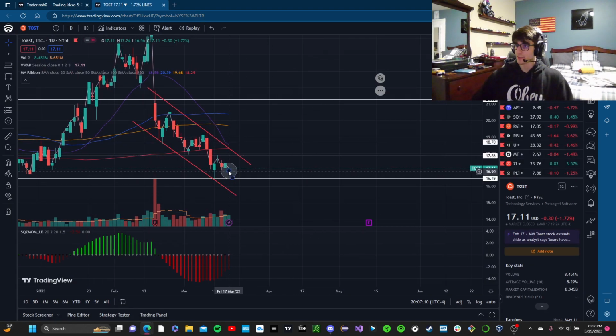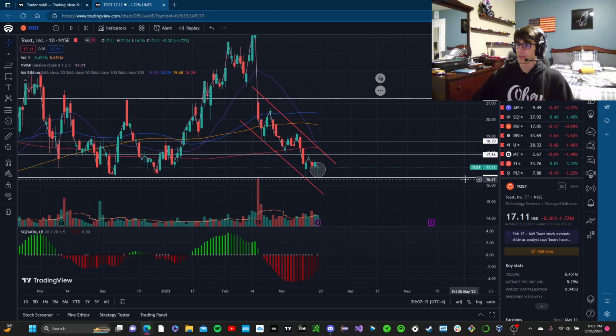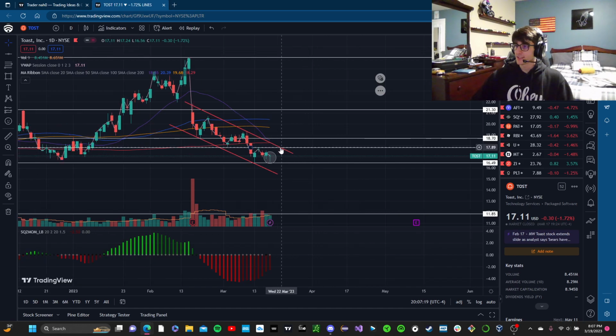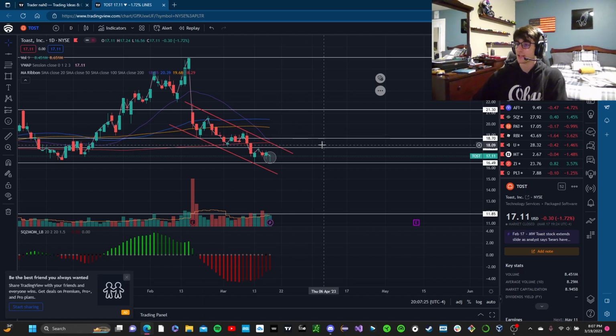TOST, same idea with the doji at the lows. Very nice pattern, or very nice indicator. And we're also in this downward channel right here. So we could see, if we do break out of this, we'd be breaking 1783 as well, and we would probably be overtaking the 200-day. So if we take all of that, that would show some extreme strength if you have a long time horizon and the Fed doesn't crash the market. I would say 2130 is a good price target, but